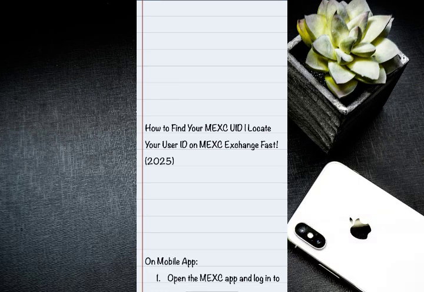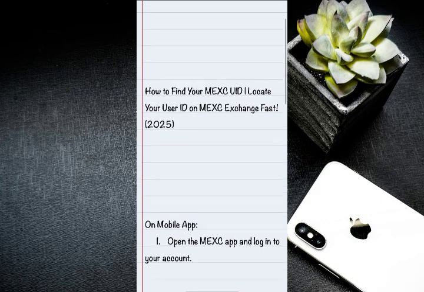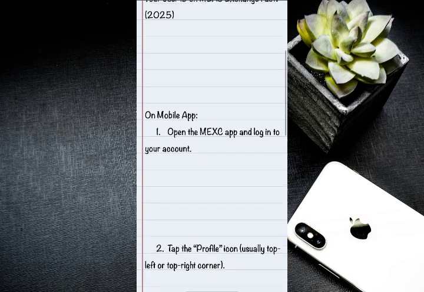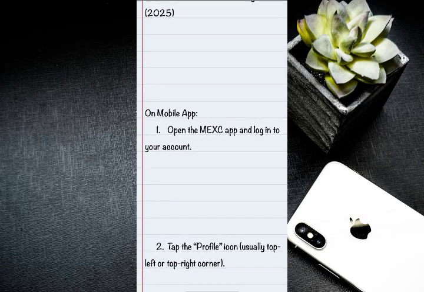In this video I'm going to walk you through an easy step-by-step guide on how to find or locate your user ID on MEXC Exchange. To get started with the guide, I'm going to walk you through two methods you can use to get your user ID. You can get your user ID using the mobile app, or you can also get your ID using the website version. To get started with the mobile app, the first thing is to open the MEXC app